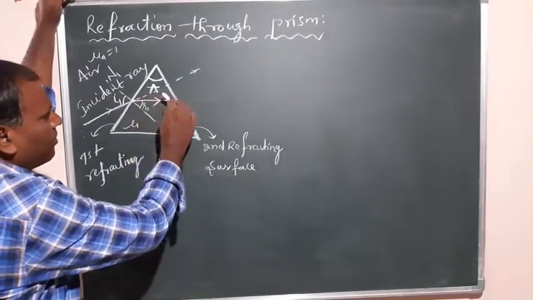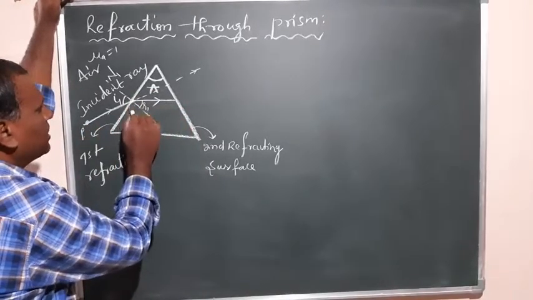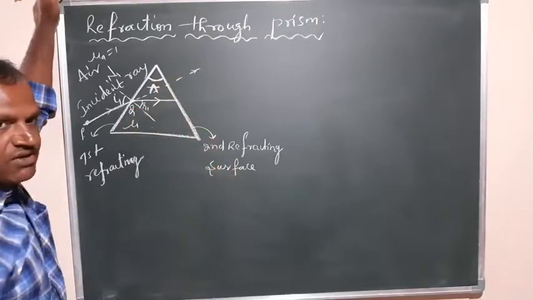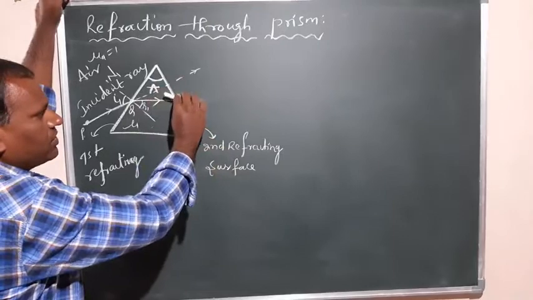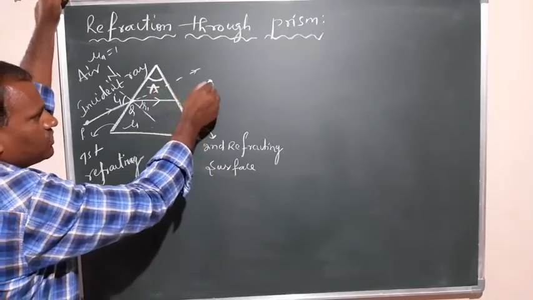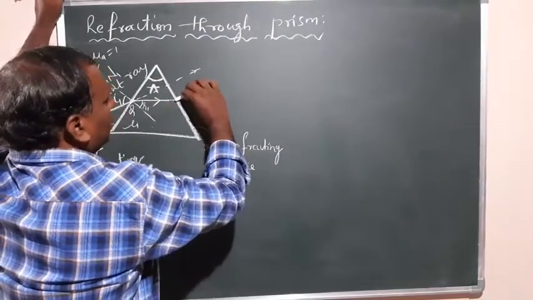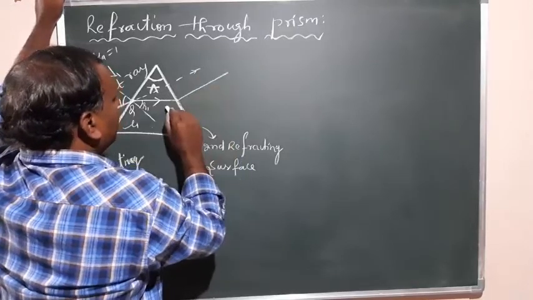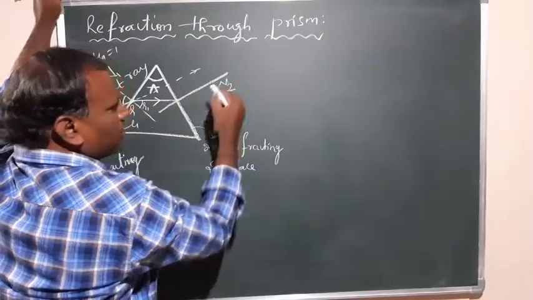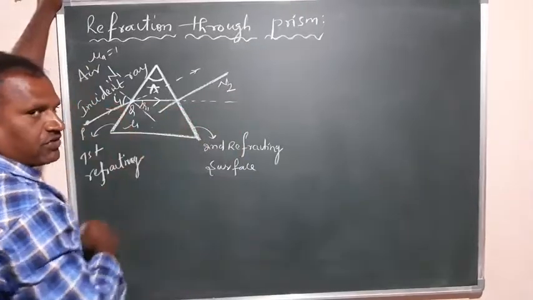Now this ray of light is propagating from here to here. Let it be starting with the point P. This point I am taking as Q. At this point the second refraction takes place from the second refracting surface. So this is the direction of the ray of light. So now again you draw the perpendicular to this surface, the second refracting surface. I am drawing the perpendicular, 90 degrees with this surface. This is perpendicular. So this is normal to the second surface. I am representing it by N2. So this is the direction of the first refraction through the first refracting surface.